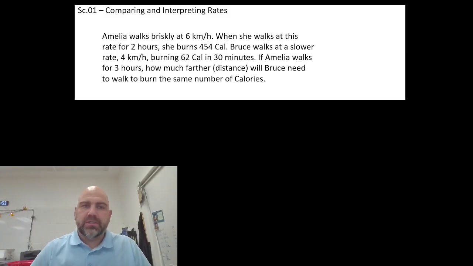So here's our question that we're looking at. Amelia walks briskly at 6 kilometers per hour. When she walks at this rate for 2 hours, she burns 454 calories. Bruce walks at a slower rate, 4 kilometers per hour. Okay, it's definitely slower. And he burns 62 calories in 30 minutes. If Amelia walks for 3 hours, how much farther will Bruce need to walk to burn the same number of